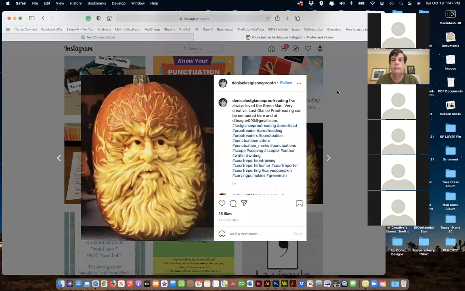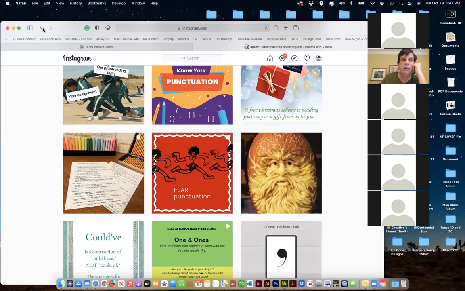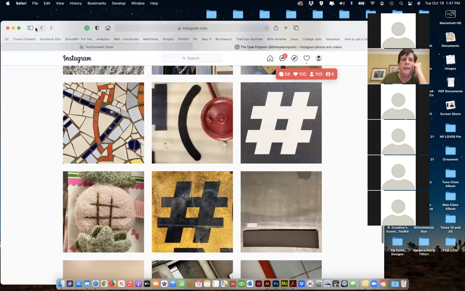All right. So use hashtags, and that's going to lead you into a bigger audience as we go. Be consistent with your postings. It doesn't have to be the same time, it doesn't have to be 9 o'clock every day, but post.